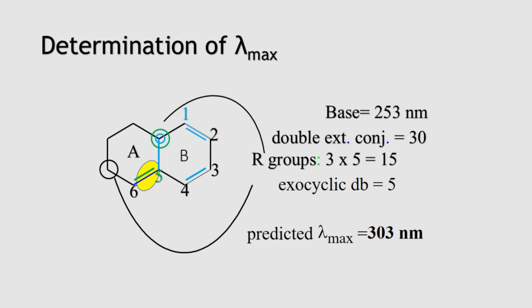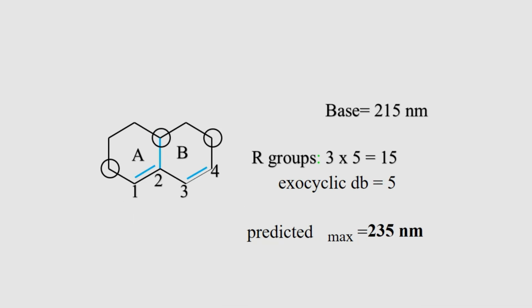The next example is for a heteroannular diene, in which you can find that both the double bonds are present in different rings. First of all, you need to write down the base value or parent value, whether it is a homoannular diene, a heteroannular diene, or an acyclic diene. After that, you need to go step by step. It has ring residues, yes, so we should go for that.